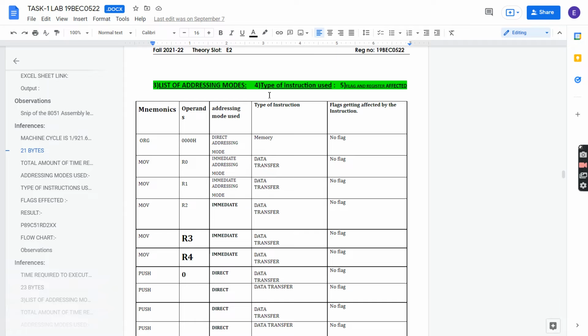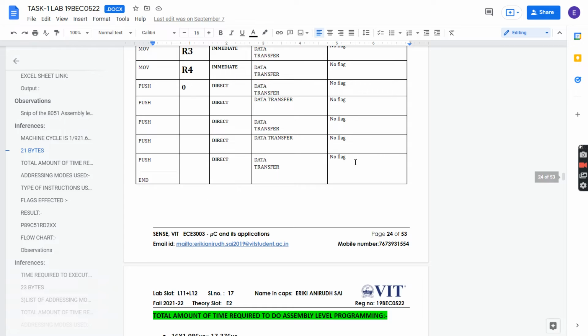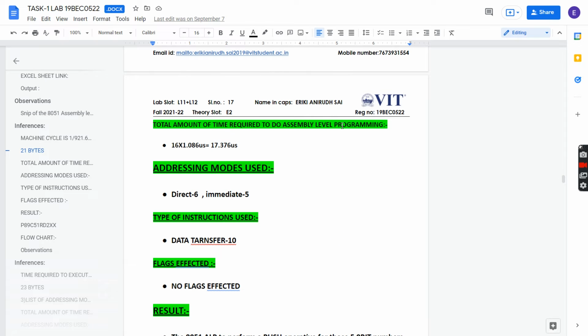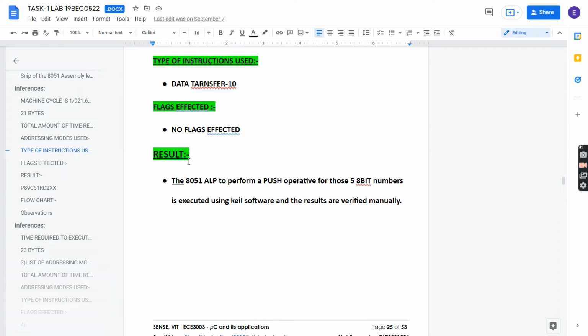These are for a better understanding of the instructions and flags. As you can see, no flag is affected here. So the flag update, the total amount of time required is calculated, along with the addressing modes used and data transfer. Coming to the result, as you know, we have pushed operators of 5 8-bit numbers, executed using the